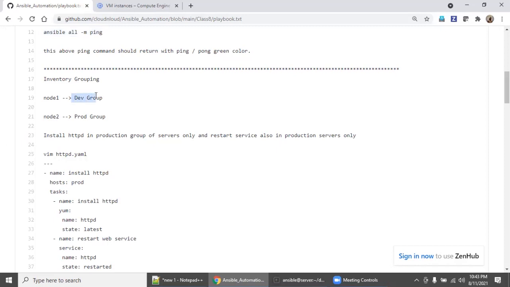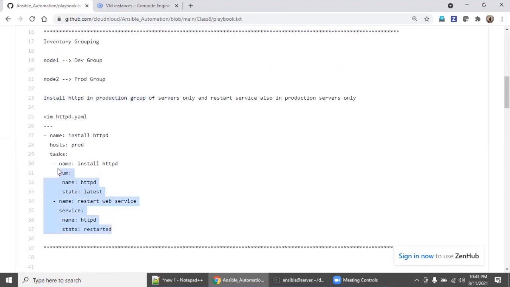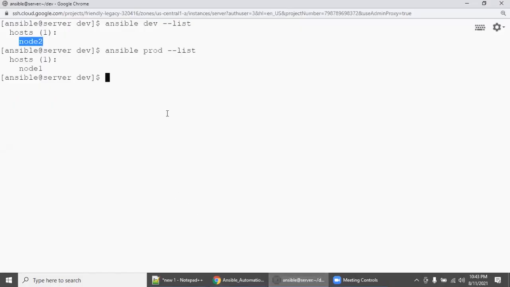So we created a development group and we created a production group. Now the question is, I want to install some software in the production group only, right? And restart a service in the production servers only. In that case, it's simple: create a playbook. So create a playbook, vim inventory